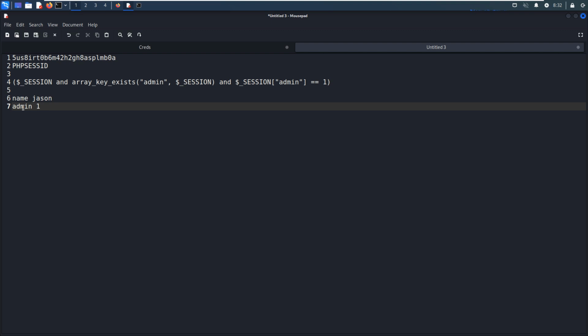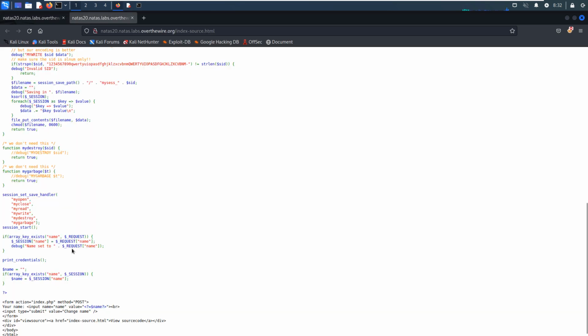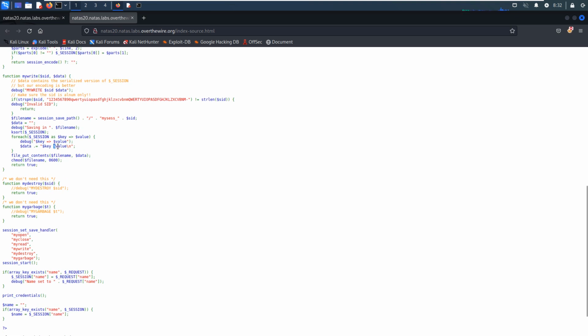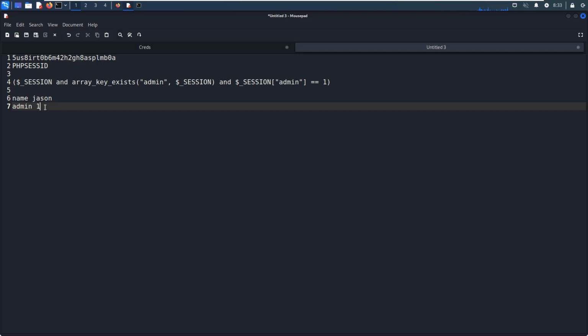Okay, so how to write? Because as you can see over here, we can manipulate this part. Okay, so if we can put the line separator, then when the data is read or retrieved, it would be input as two lines, and each line consists of key pairs.